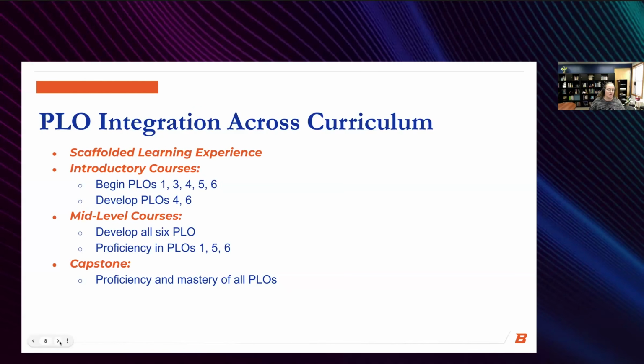And then our mid-level courses really help students gain a more developing understanding of all 6 of our program learning outcomes and to start gaining proficiency. And then finally, in our capstone courses, we expect students to show proficiency and mastery of all of our program learning outcomes.